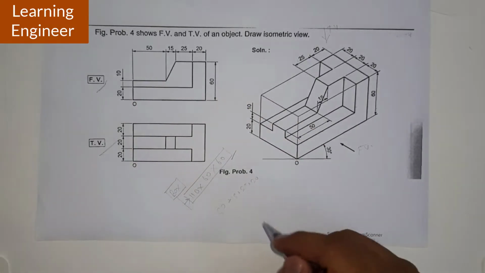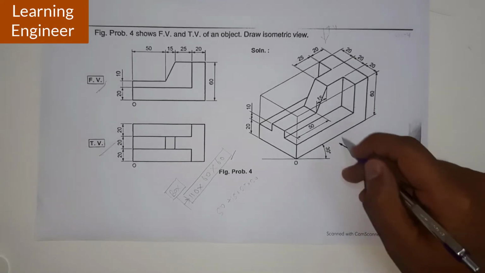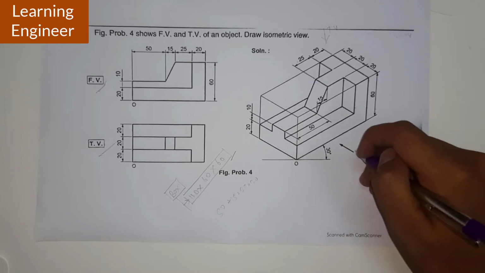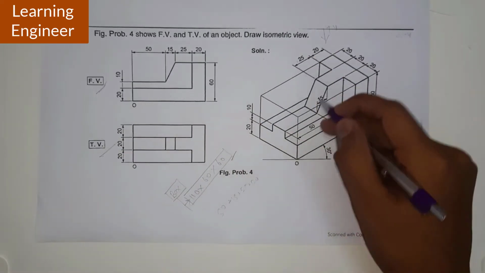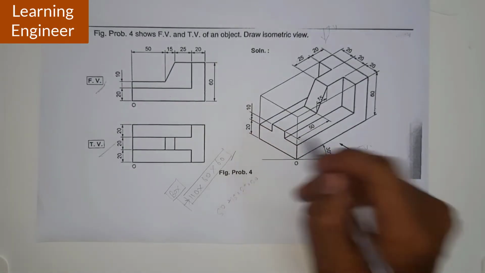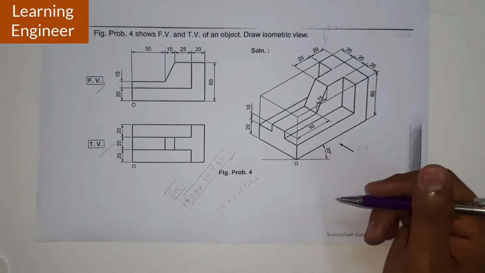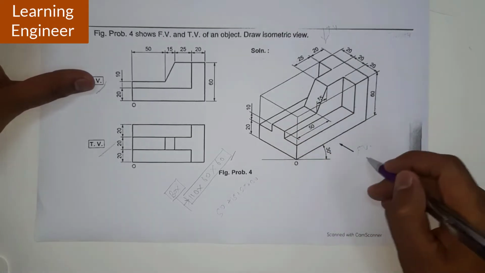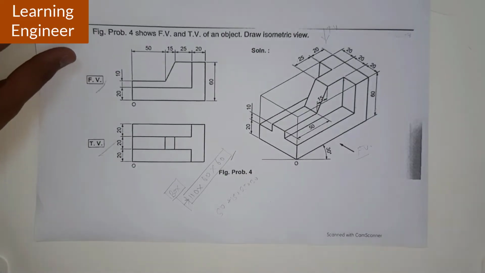When the front view and top view have been given to us, most of the time we get the front view by looking in a particular direction. This is the most important thing. If we fit the front view like this, then only we get this particular T surface and other surfaces. We can also fit this view on this side. By seeing from this side we can get the front view, and vertically we can get the top view. We can also do that, but in most cases this is more feasible for fitting the front view and top view. Now let us go for the box in this case.